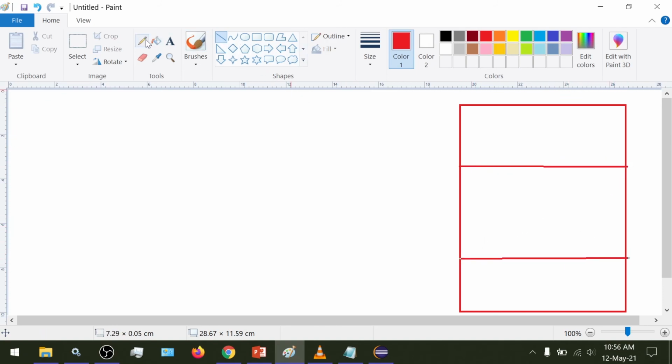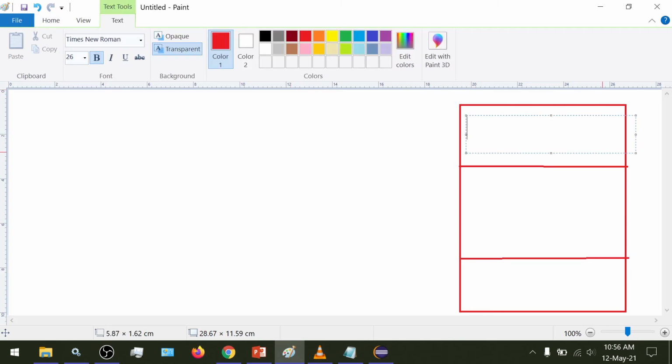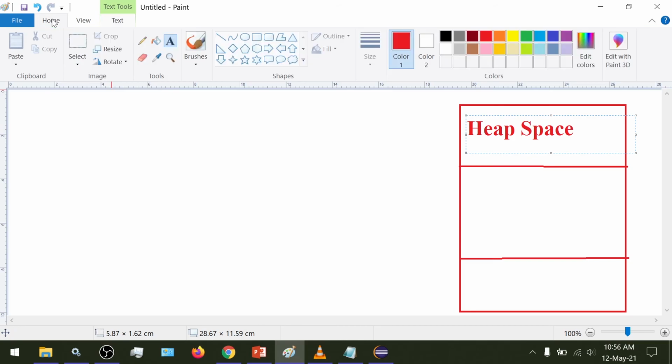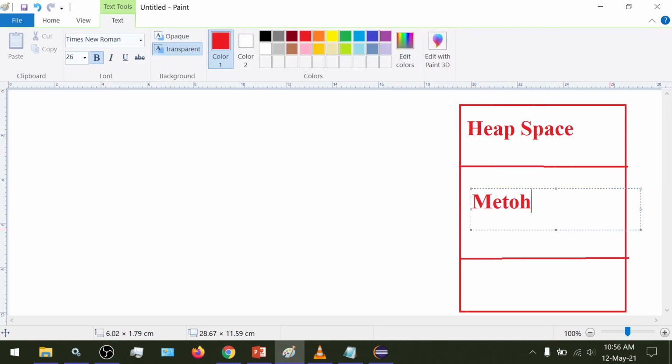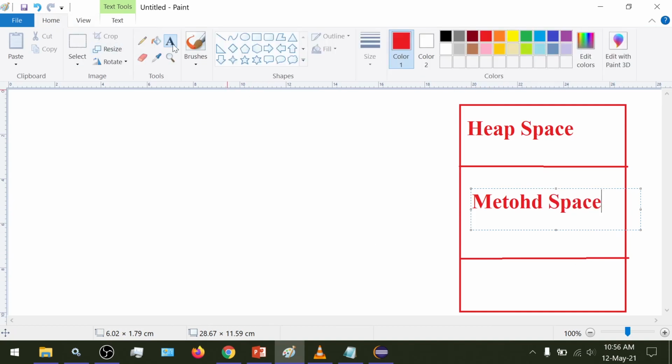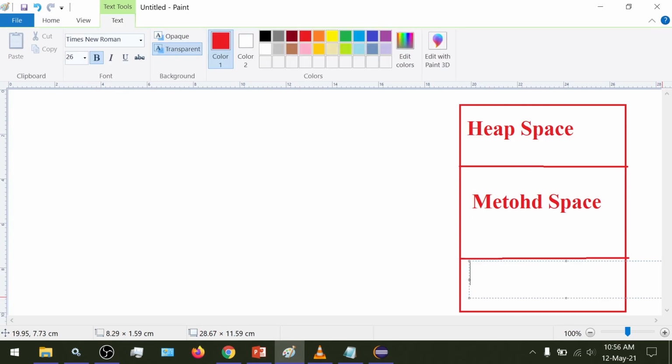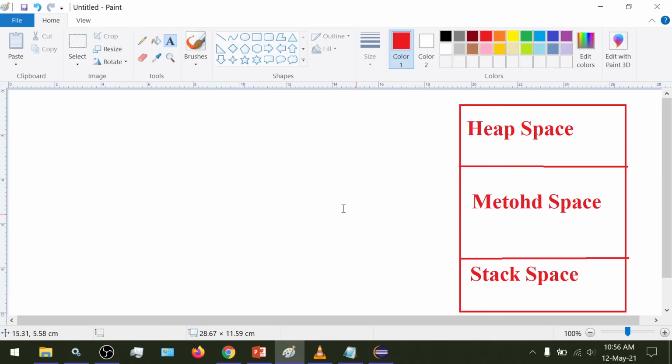So we have different memory locations inside the memory allocated: the heap space, then the method space, and another one, the stack space.